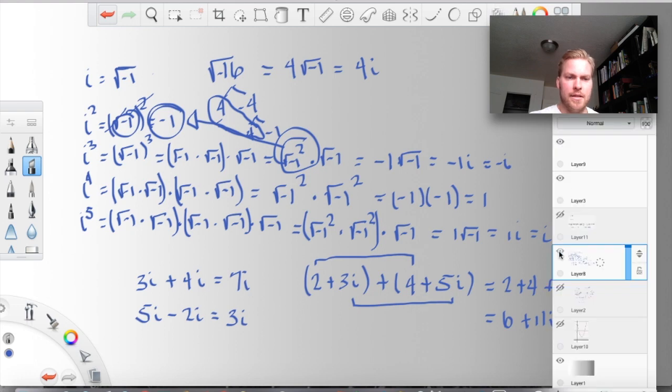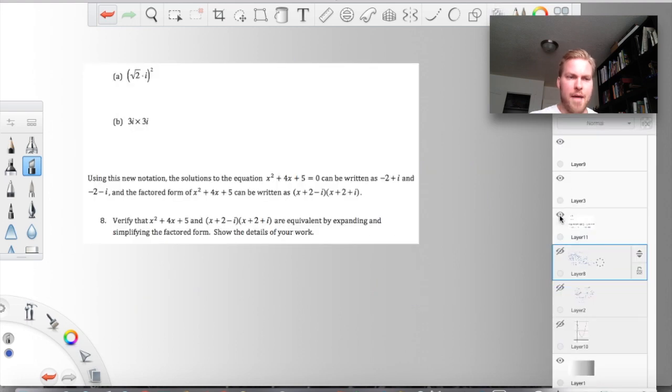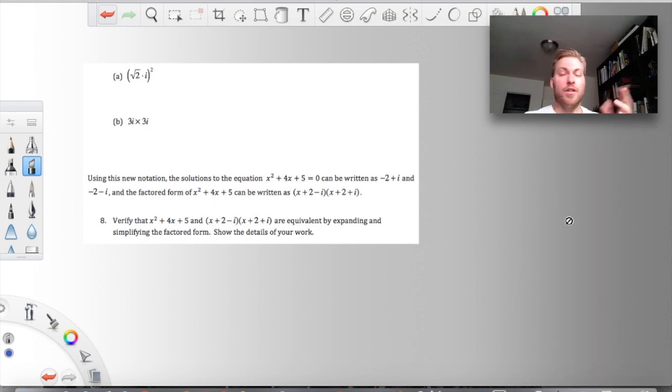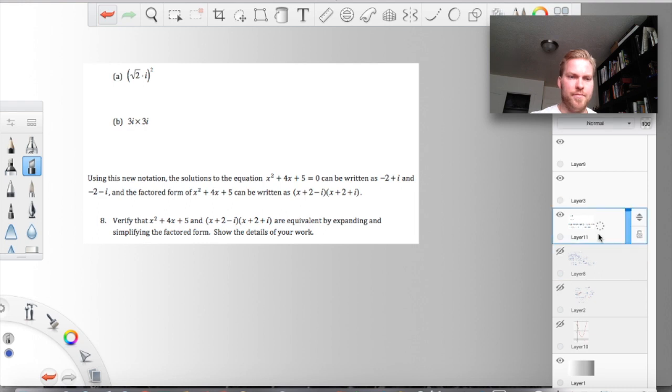Okay, let's take a look now at what happens when we handle multiplication. We kind of covered that a little bit when we talked about squaring, cubing, and whatnot of imaginary numbers. But let's just take a look at this really quickly and discuss what's going to happen here. Okay,